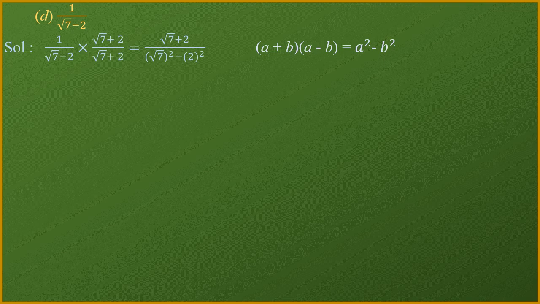So in a square minus b square I kept the value of a and b. Now root of 7 square, you know that the square and square root are going to cancel, so remaining is here 7, but 2 is not having the root, so the square of 2 will be 4, and from 7 if you subtract 4 it will remain 3.